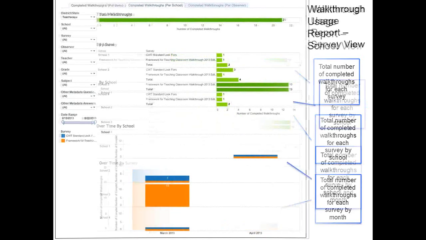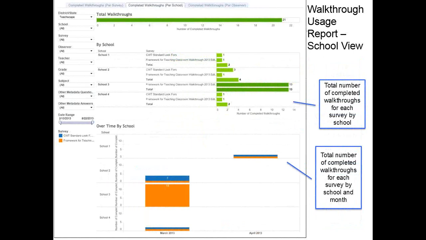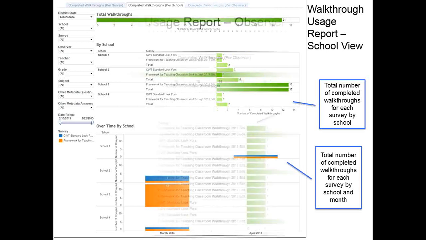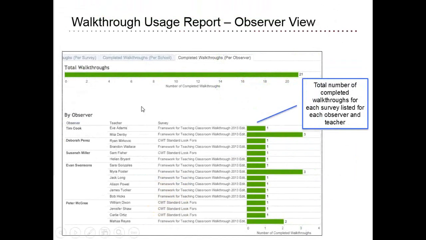And by walkthrough, you do mean surveys, right? Yeah, they're surveys. Essentially, yeah. I mean, they're really surveys. They're walkthrough surveys. It's completely different because you're basically looking at the same questions across the school. So an example on usage is just to see if you're doing them. But if you were looking at by observer, you can see how many walks a given person has done, which are really just surveys.